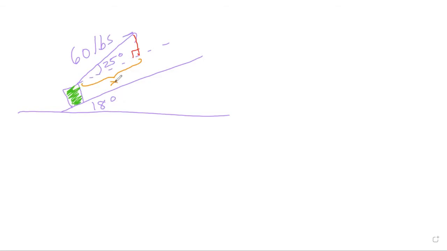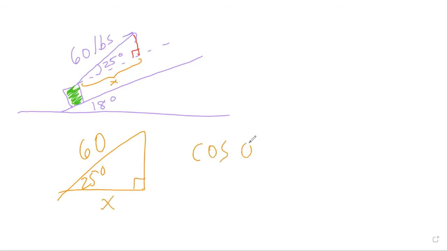Let's solve for X. How can I find the length here? I can focus on this right triangle. That's really all I need. This right triangle where this is 60, this is 25, this is the goal. So I think that if we play with cosine of theta,